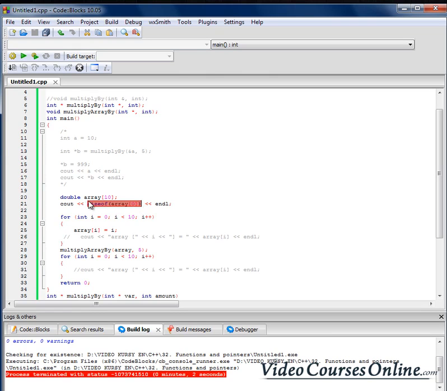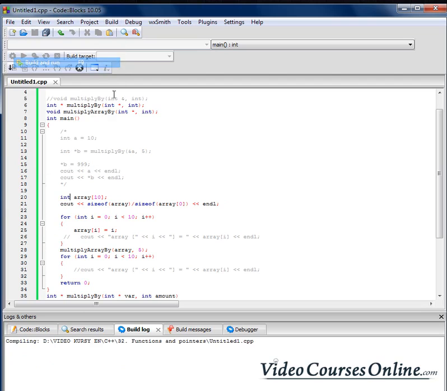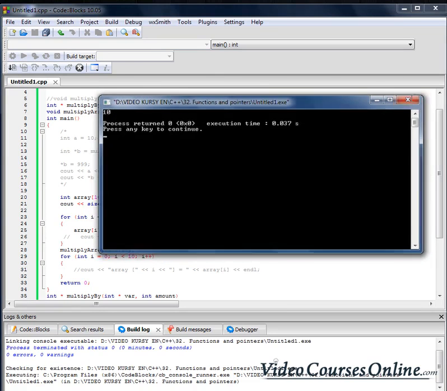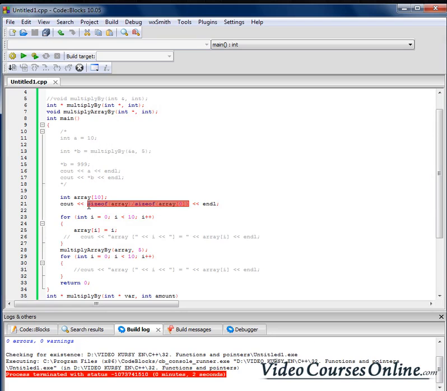And now we can, of course, do also something like that. Size of our array divided by the size of the type that is right now here will just give us the size of the array. So it is 10, right? And now we can just use it. Now we can just change it here, and it will work fine,